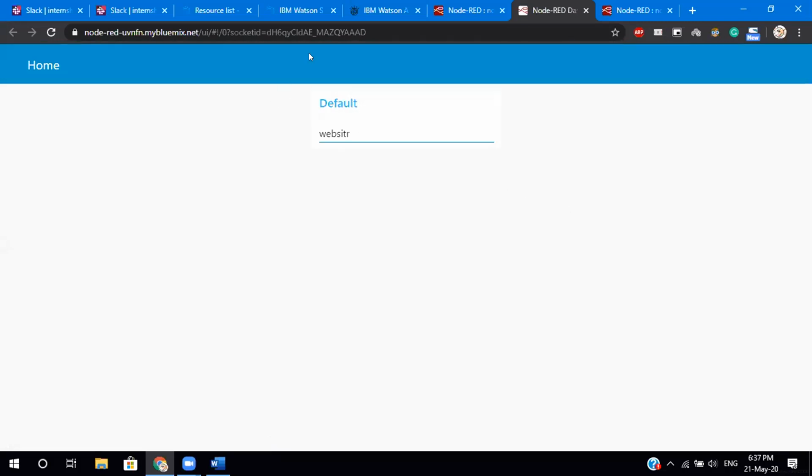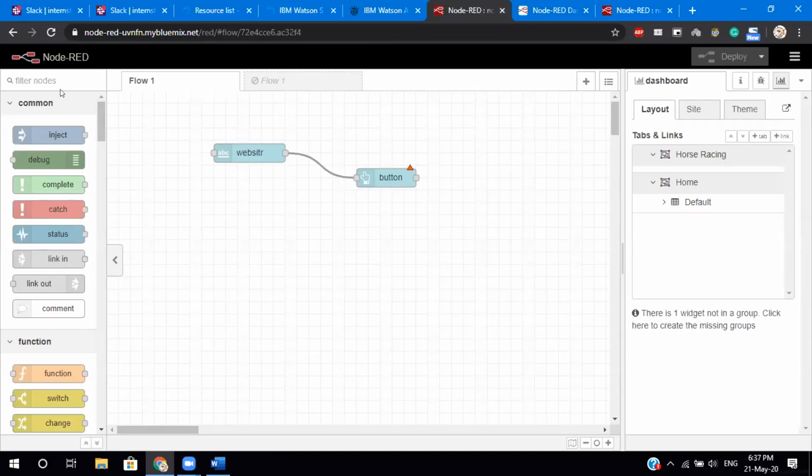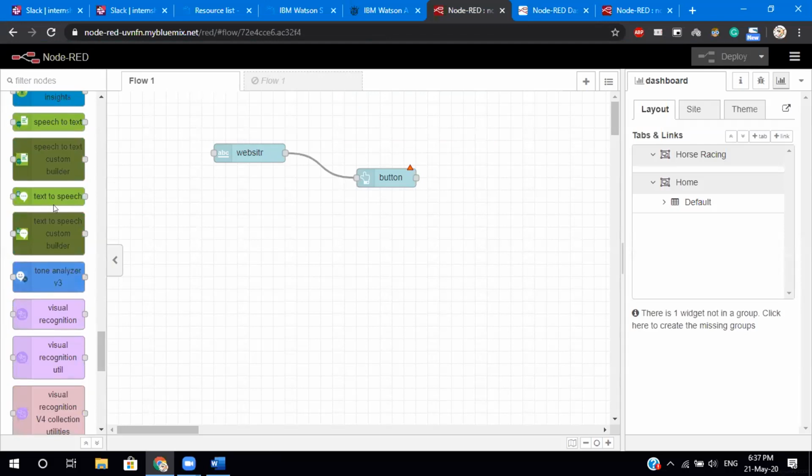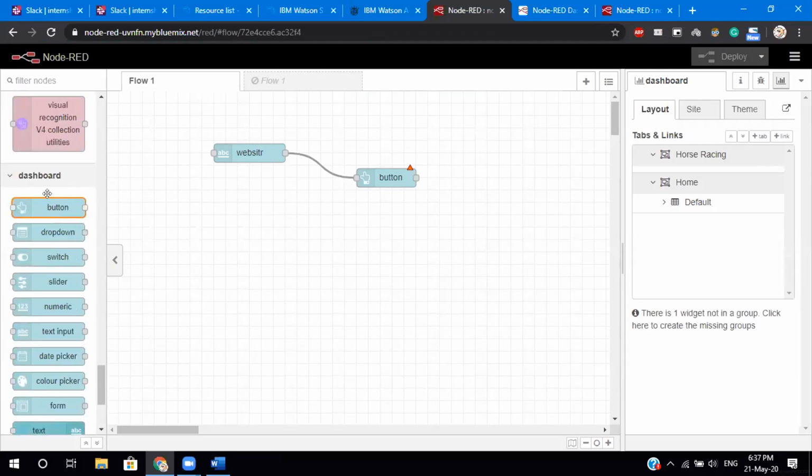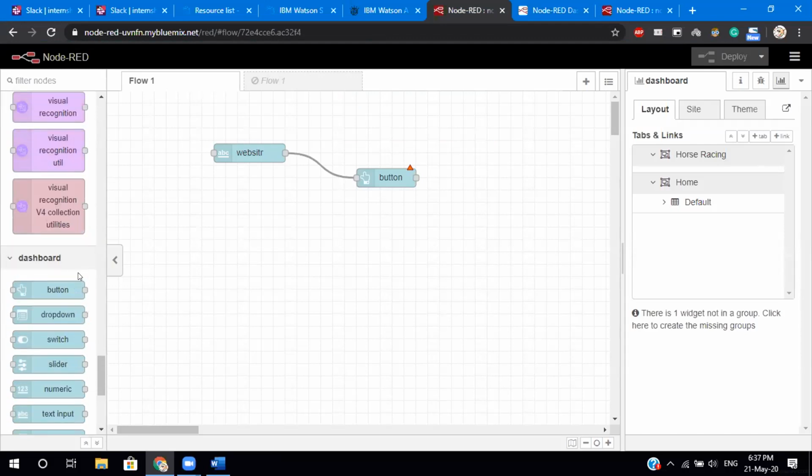But you may not be able to use these functions because you will not find these dashboard things in your Node-RED. You will not find button, drop down, switch and all. This will be for both AI and ML. So please understand how to do this.